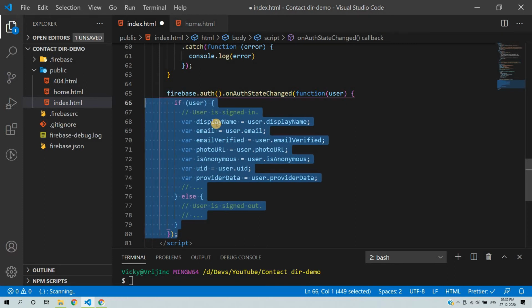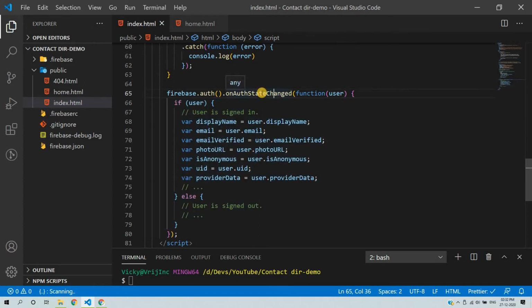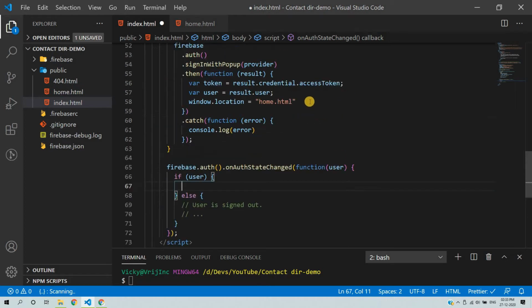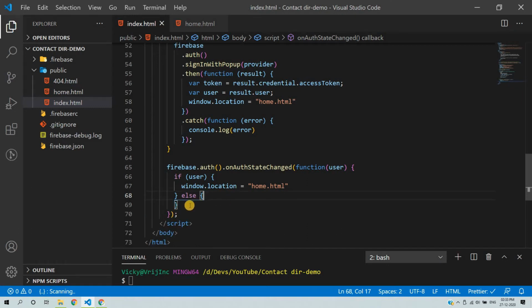In Firebase, we have a method for authentication, on state change. It will check the state of the user, whether the user is logged in or not. If the user is logged in, we need to shift the user with window.location to the home.html page. Otherwise, in index.html, there is no need to do anything.